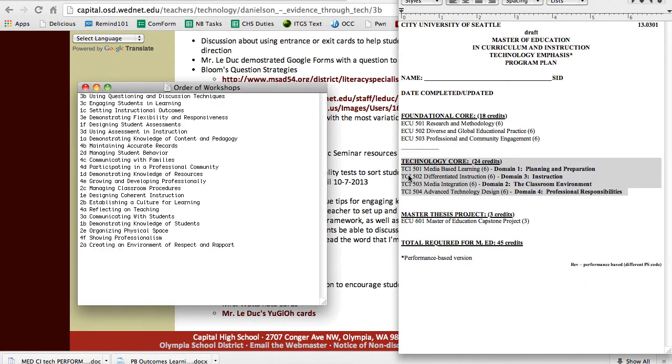Looking back at that list, the goal this year is to demonstrate tools for each one of these sections. These sections came from a poll we did through the Capitol High School staff, asking which Danielson components they would like to see more examples of how to document accomplishment. That's the big piece: what artifacts could they develop to demonstrate that they're proficient or distinguished, which is 3 and 4 on the scale, in these areas. Number 1, based on this poll, was using questioning and discussion techniques. Number 2 was engaging students in learning, and on and on. So what I'm doing this year is working